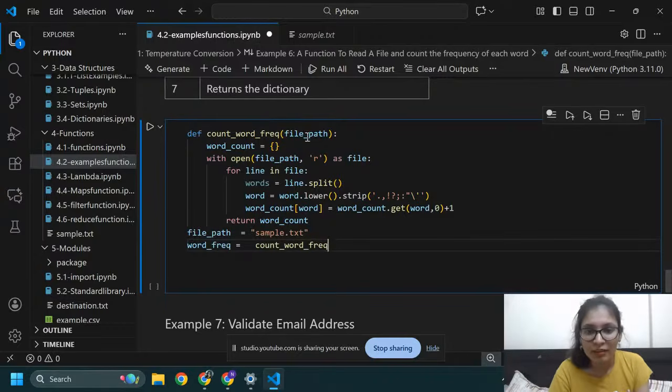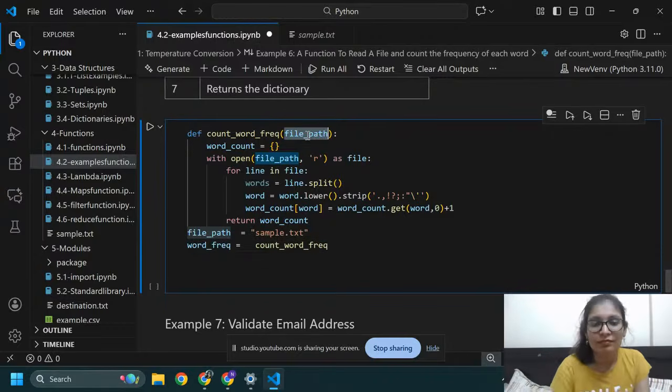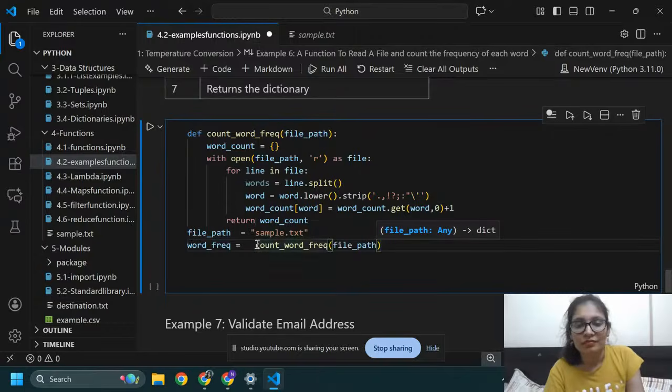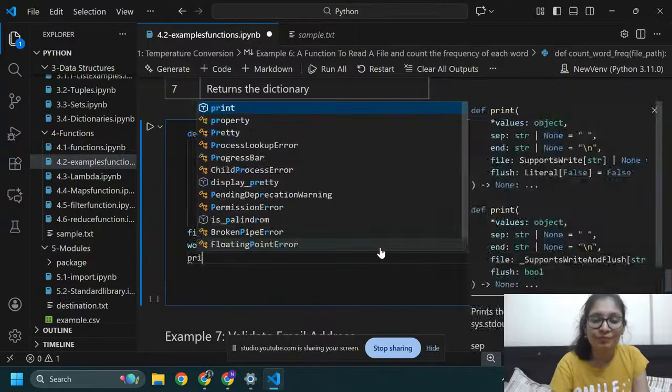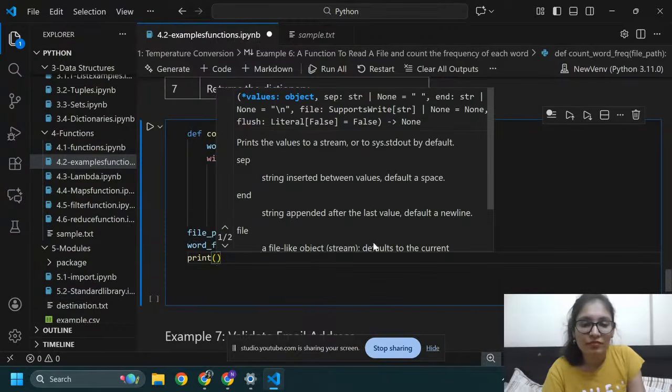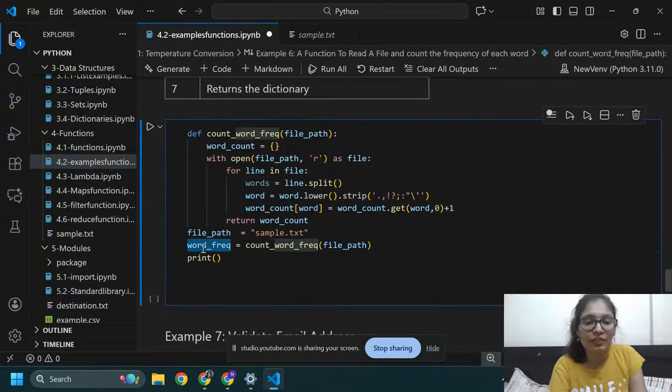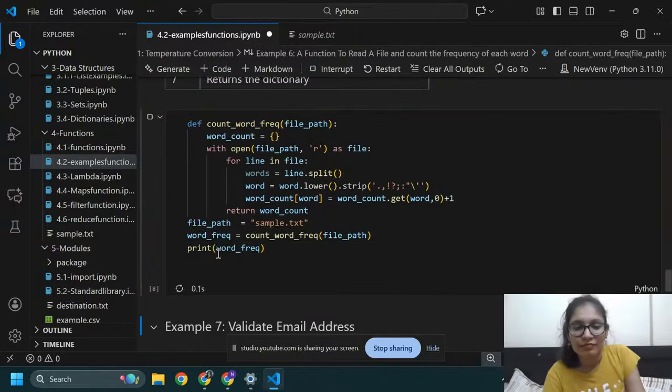Here I am giving this file name. Now I can use print(word_frequency).